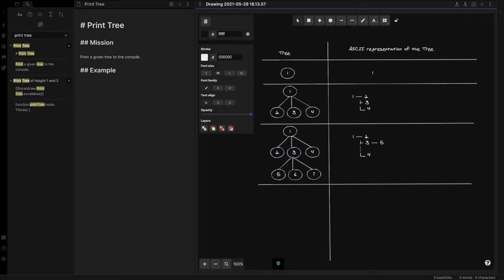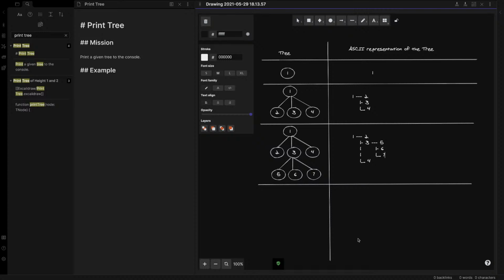They are 5, 6, and 7. Okay, and then the last child of the level 1. Okay, then